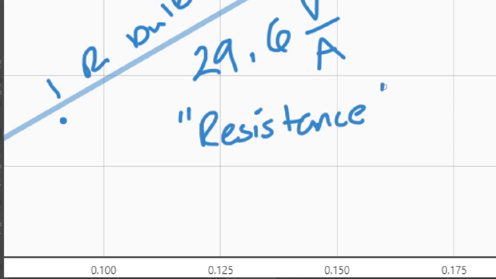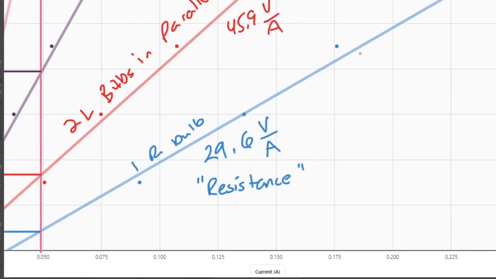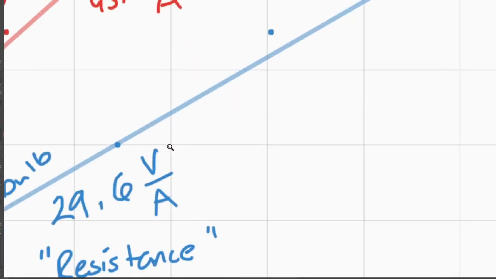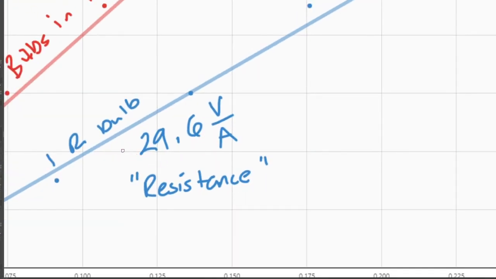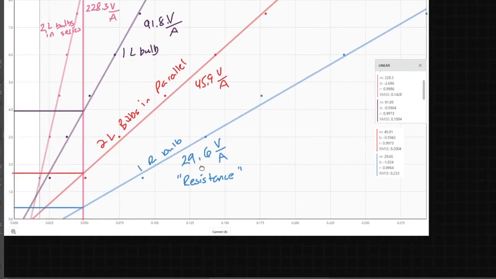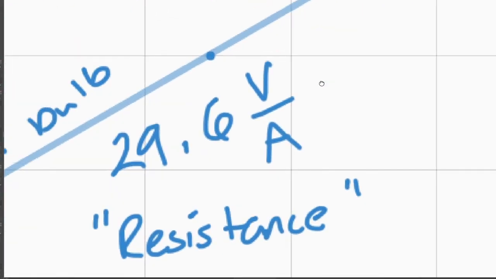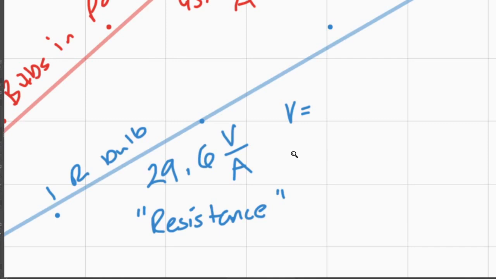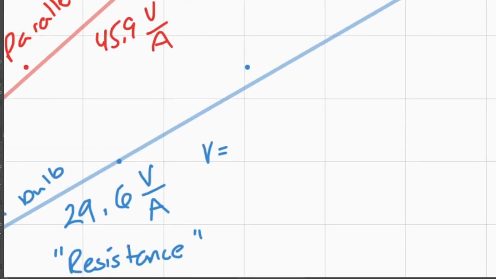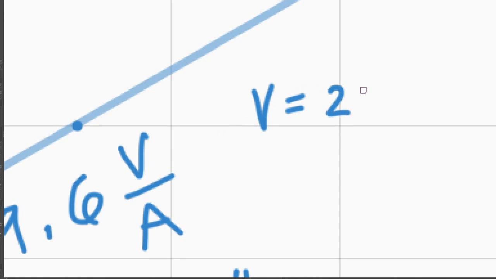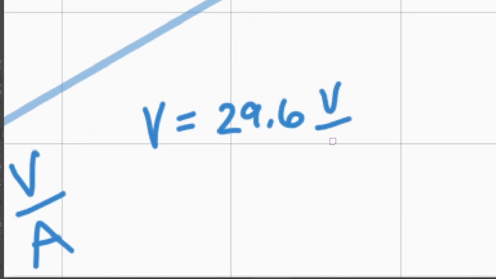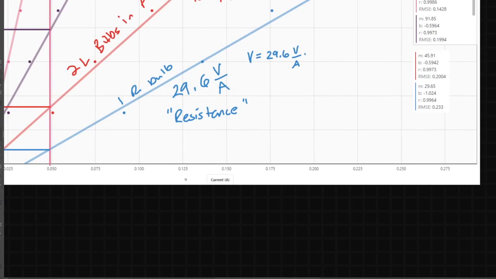That resistance that we've been talking about all year is represented by the slope of this line. This 29.6 volts per amp is a description of how difficult it is to put current through our circuit. So in a way, the equation for this line would look like this. Y equals mx plus b, right? The voltage is equal to the resistance, this 29.6 volts per amp, times the current,